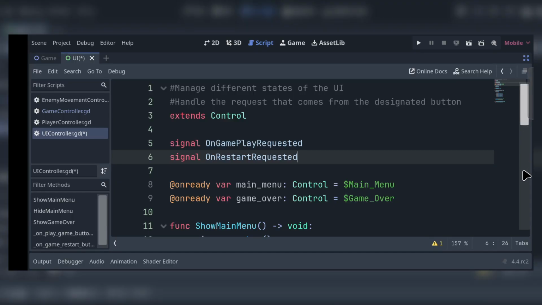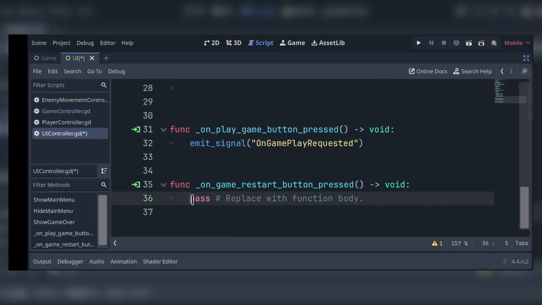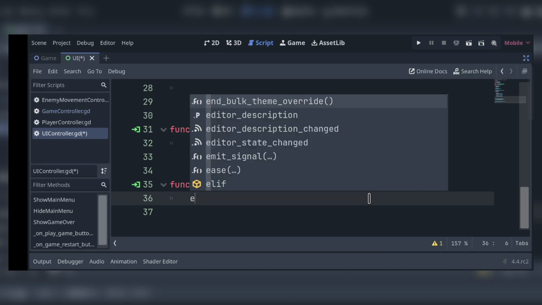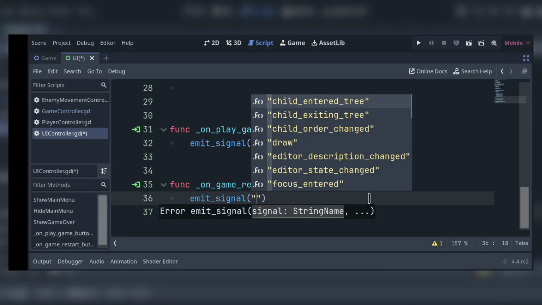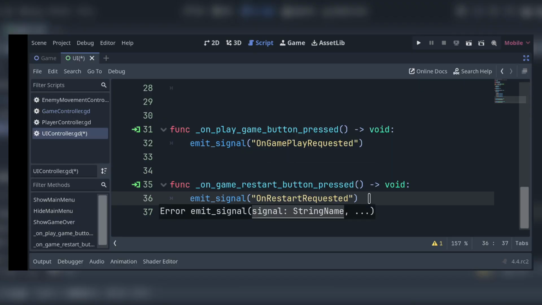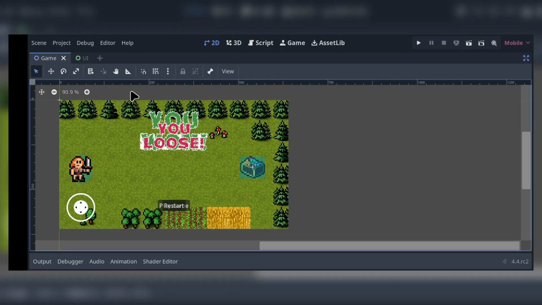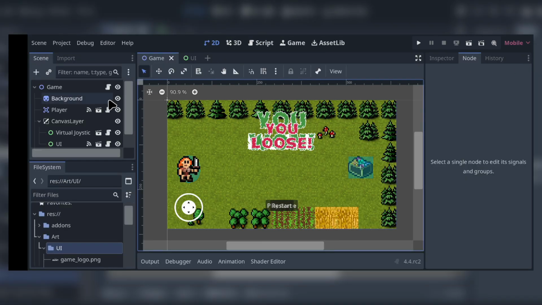Again it's going to do the same thing, it's just going to emit the signal. So emit on restart requested, and as usual we are going to listen to this signal in our main game controller and